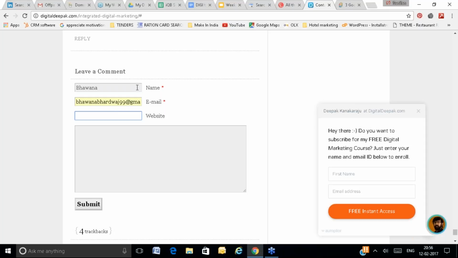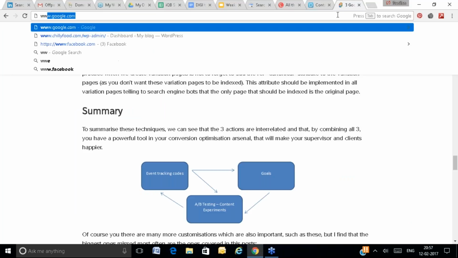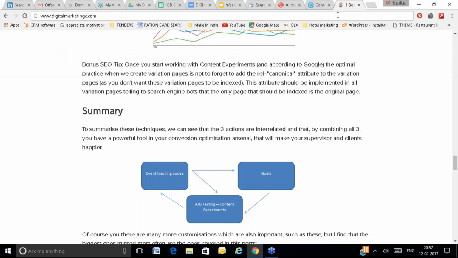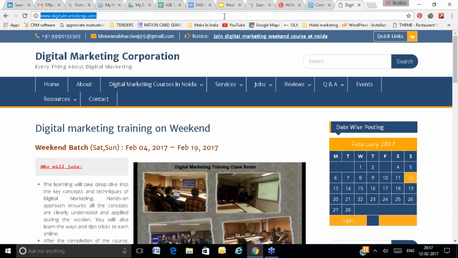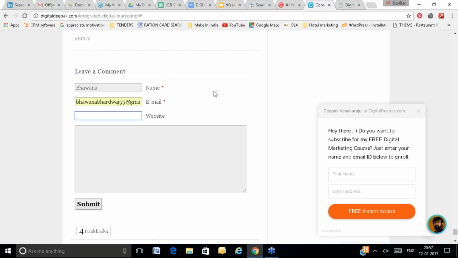Here you have to place the website link. So let's suppose the website link is www.digitalmarketingc.com. Copy the link, place the link there. So you are placing the link.